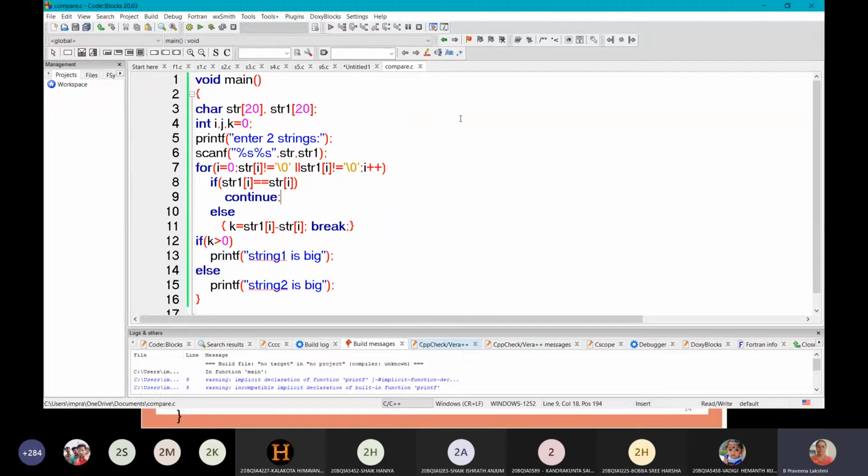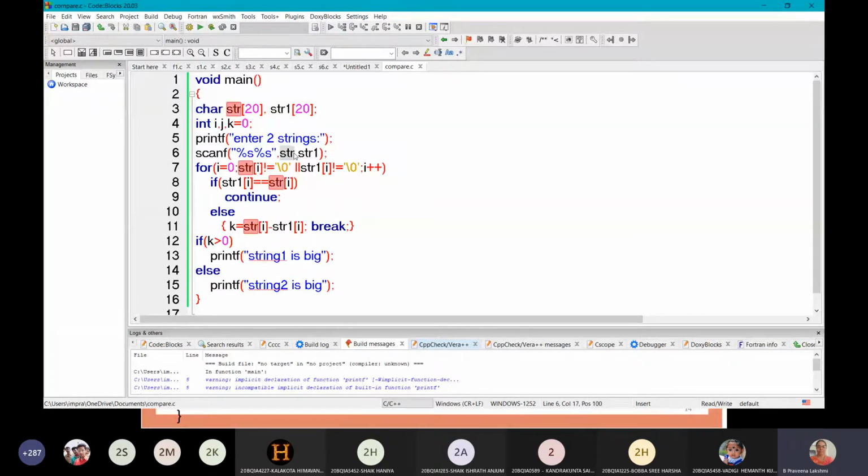Sorry, once. Str minus str1, we will do this change: str of i minus str1 of i. The first string is str and the second string is str1.